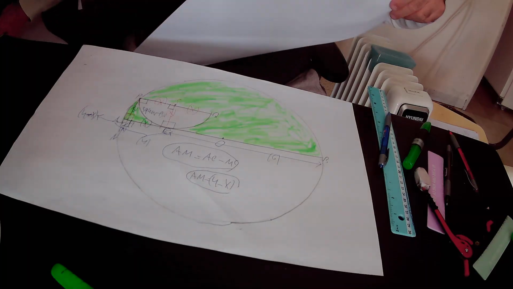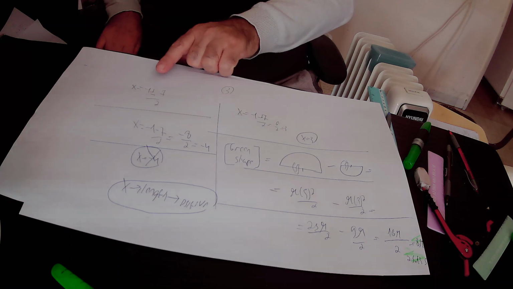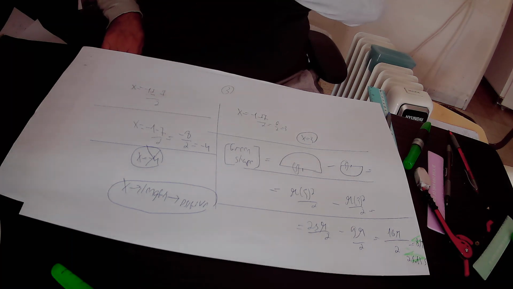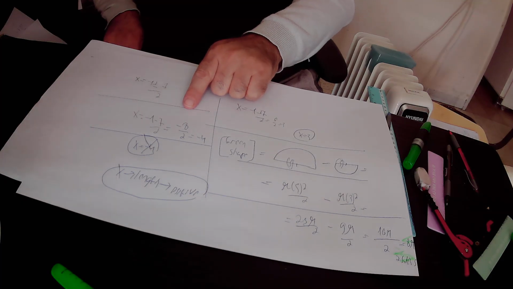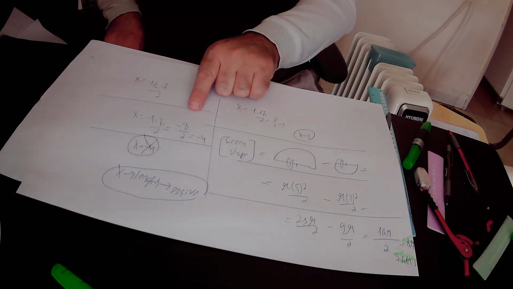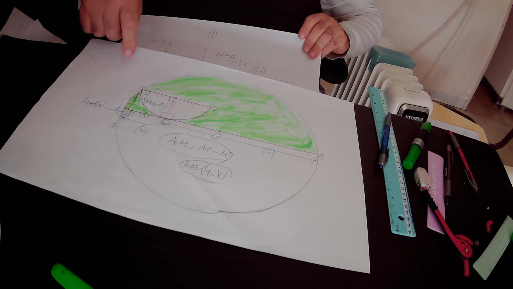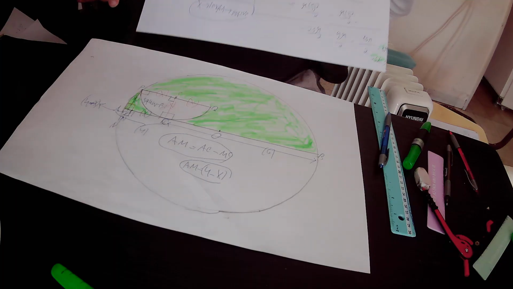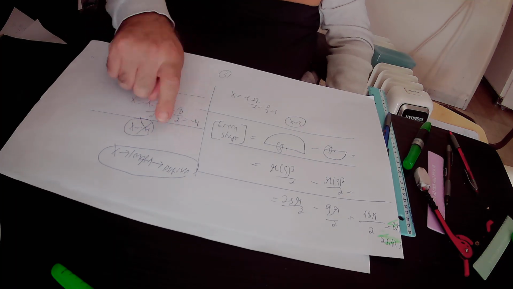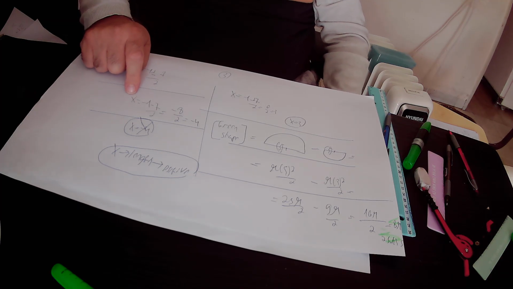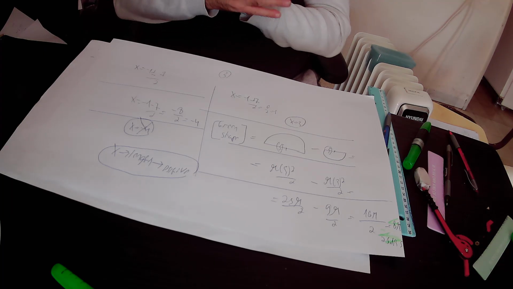So here we have two solutions that are possible for x. X in total equals minus 1 plus minus 7 over 2. The first solution for x is that x equals minus 1 minus 7 over 2. Minus 1 minus 7 is minus 8, and minus 8 over 2 is minus 4. X is the radius of this small semicircle, so x is a length. X is a length, it must be a positive number, therefore it can never be equal to minus 4, that is a negative number. So we cancel the solution